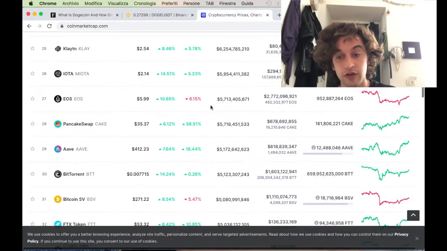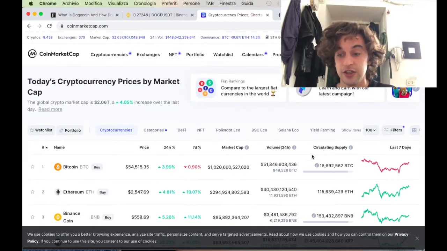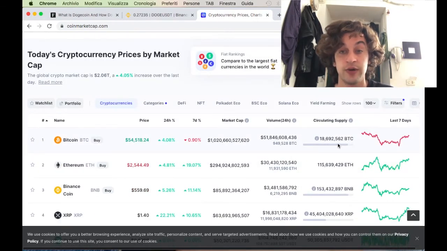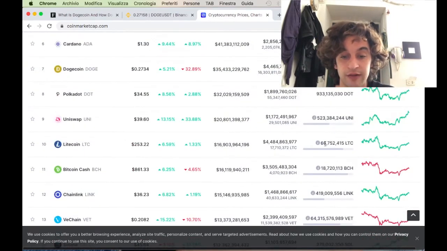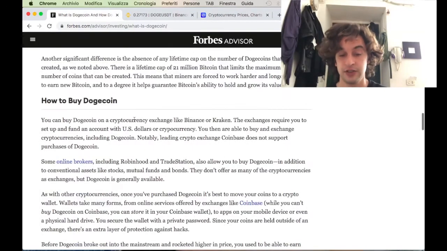This is why it can also skyrocket the price of Bitcoin. Once we get to the end of the Bitcoin circulating supply, as we can see here, there's 21 million, and the circulating supply as we're talking now is already at 18.7 million, which means there's only 2 or 3 million Bitcoin left to be mined and created. And once that's over, the price will skyrocket. For sure it will skyrocket, because it will just be able to buy and sell, so the market will decide its own price. The people will decide the price of Bitcoin.